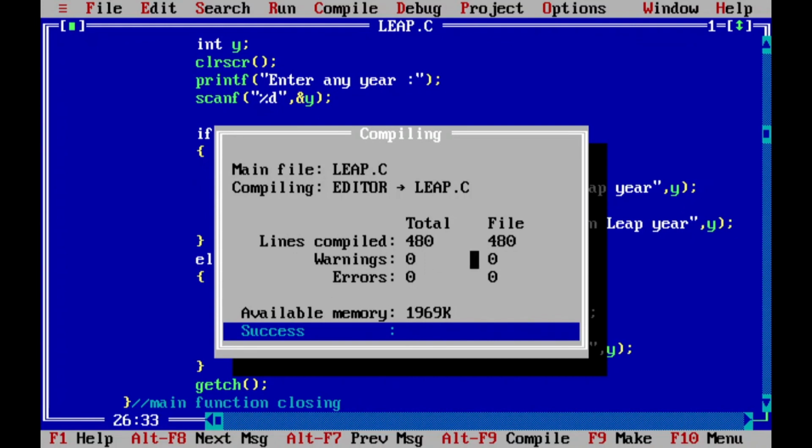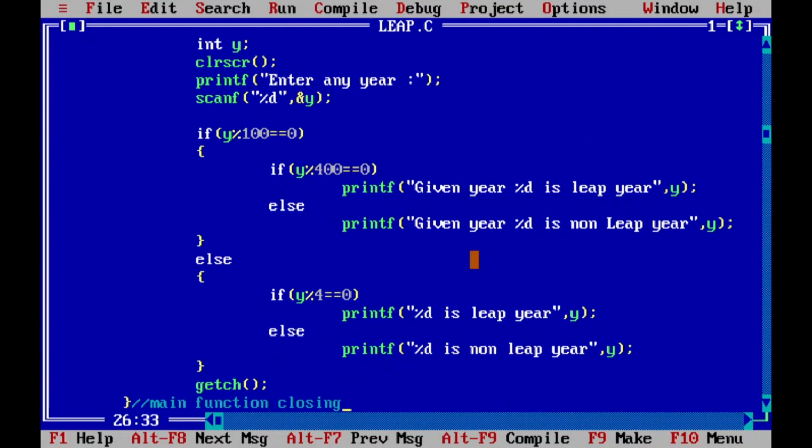Press any key. After compilation, each and every statement is converted into object code. In the compilation process, if there is any error in this program, it will be displayed. In this program, there is no warning and no error.